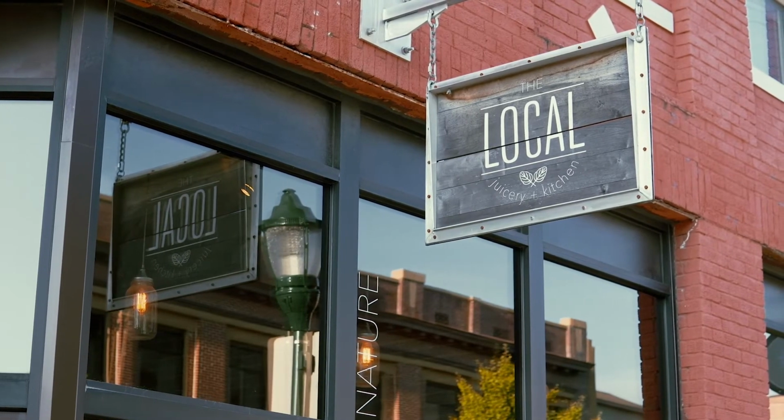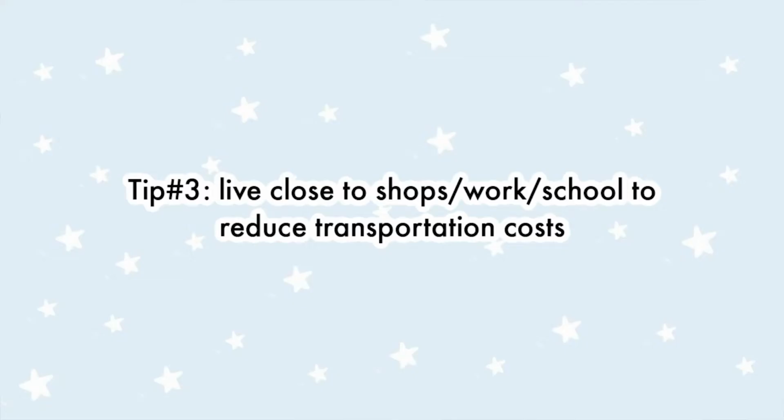While I was searching for this apartment to rent, I made sure to choose a good location that was in walking distance from my school, but also close to other things like malls and grocery stores. The reason why it was so important for me to live center city was because I knew I wasn't going to be able to afford to have a car, so I was going to be doing a lot of walking